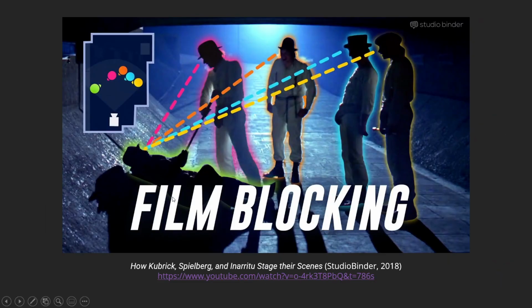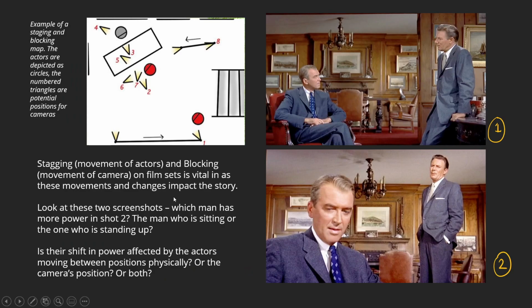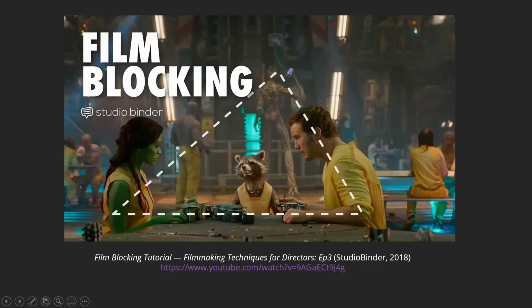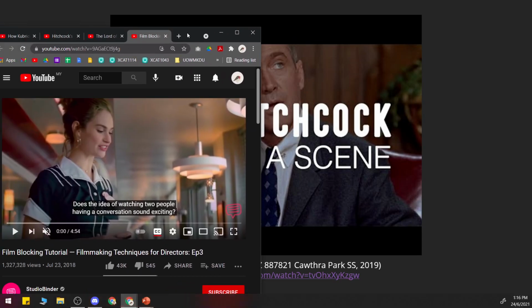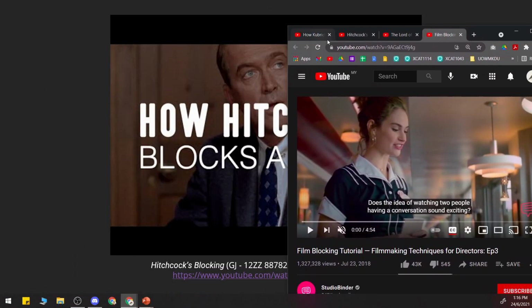So if you want to see this particular scene, this is actually from a Hitchcock film, right? And he managed to direct people around the stage and also direct the cameras. And so when you click on this link, you will see this,